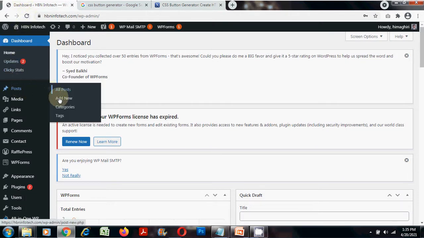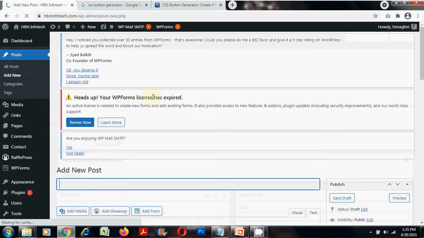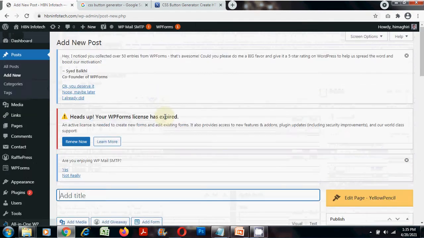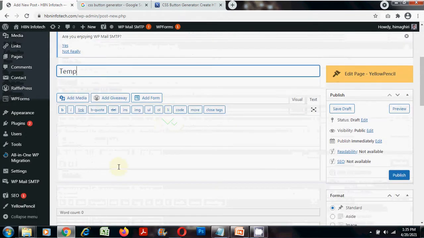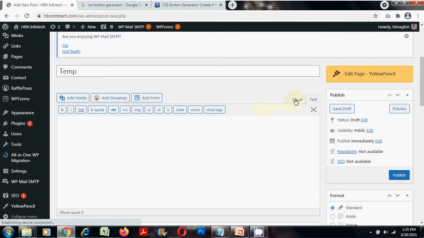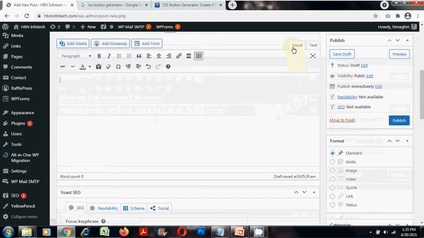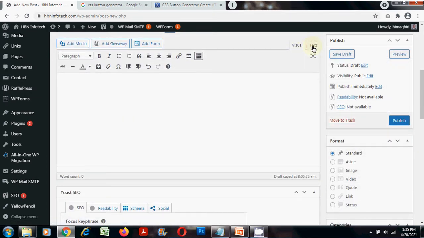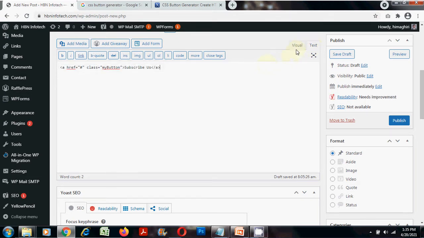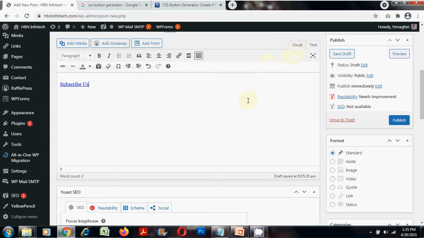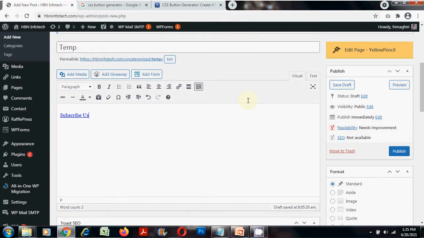Now say for example if you want to put it into a new post or an existing post, just open that. I will create a new post. I will just say camp. And now what you need to do is, if you are in the visual mode, you have to switch back to the text mode and then paste the code here. Now if you come back to the visual mode, you can see just the link,